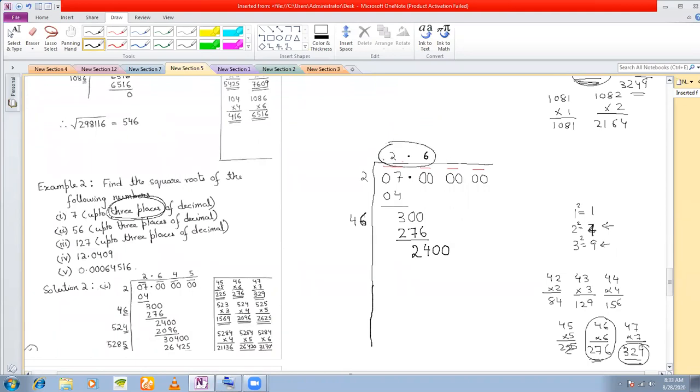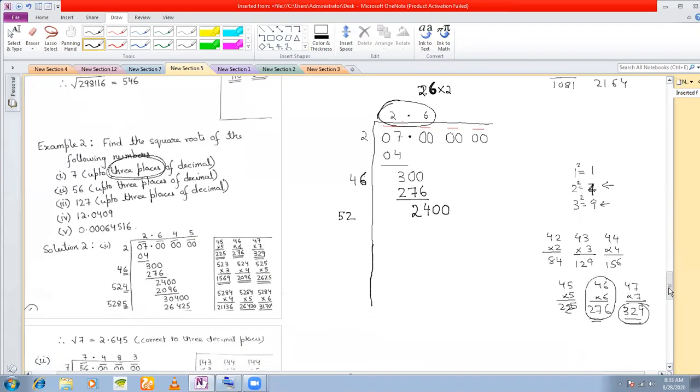Here you have 2.6, right? But we'll not take 2.6, we'll take 26. We'll ignore the decimal point. If we ignore the decimal point, we'll get 26. So we double 26 and write it here. What is double of 26? 52. We'll write it here. So remember, at the top we have 2.6, but we will ignore the decimal point and consider this as 26, and then we'll double this. Okay, and we'll write the double of this here, 52.